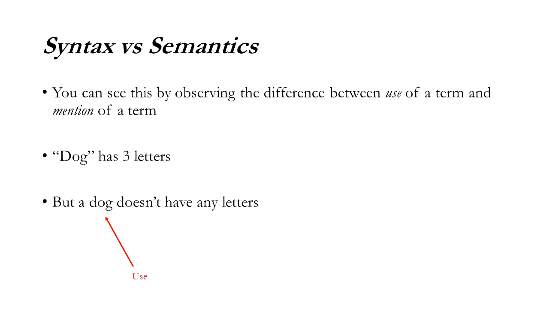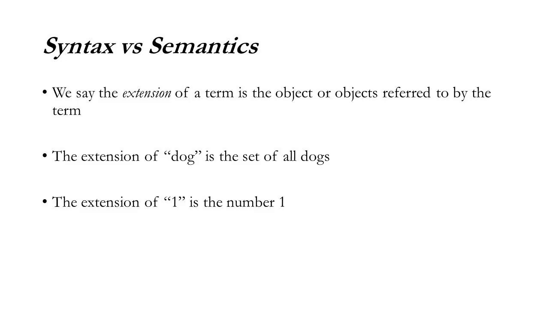Okay. The use of the term is seen in this second expression. The mention is here with the actual shape. So again, this use and mention distinction can be illustrated just by this. Now, we said that the extension of a term is the thing, the object, or the objects referred to by the term. So a moment ago, when I was pointing to the thing named, the extension of dog is the set of all dogs. If you're just pointing to a single dog, it would be that dog. That would be the extension. Just like the extension of the numeral 1 is the number. That's the thing it refers to.